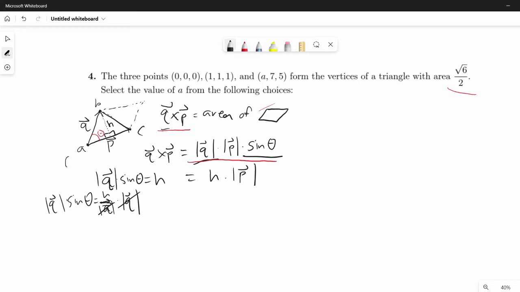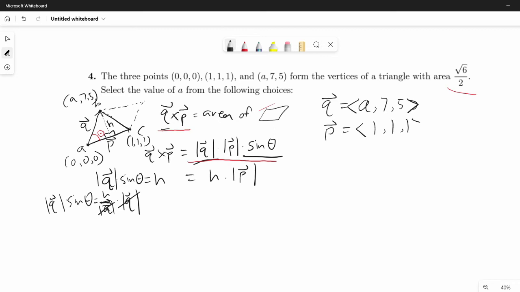Let's say this is 0, 0, 0 for point A. This is 1, 1, 1. And this would be A, 7, 5. And it's pretty nice that it's given to point 0, 0, 0. So the vectors Q would be A, 7, 5, and P would be